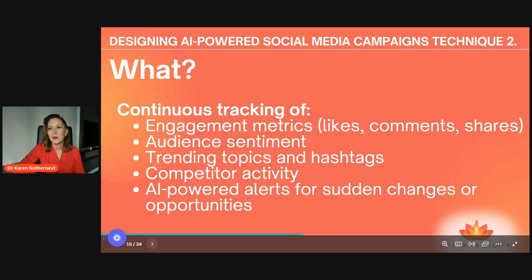So things like Google Alerts are really good, because they can tell you what people are saying about your brand, and your competitors if you set it up like that, or particular topics, and you can get emails about them as they're being said. That's how fast it can actually happen.